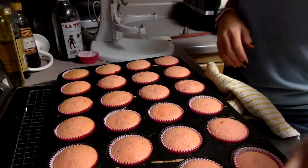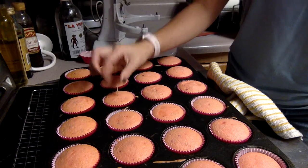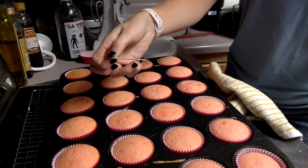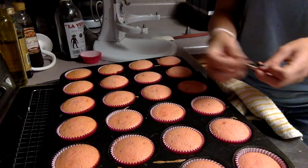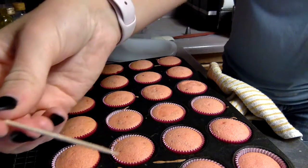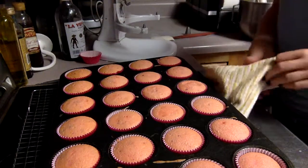Okay, now that the cupcakes are out of the oven, you can take a toothpick and you just simply insert it into the cupcake. And you pull it straight out, and if it comes out clean, which these sometimes come out with a little red on the bottom of it from the strawberry things in them, kind of just stick it in another one and pull it out, and that one comes out clean. They came out clean, which means they are done. So now you take the cupcakes,